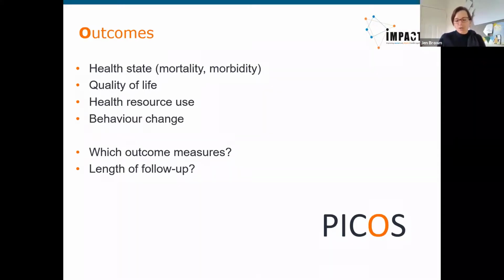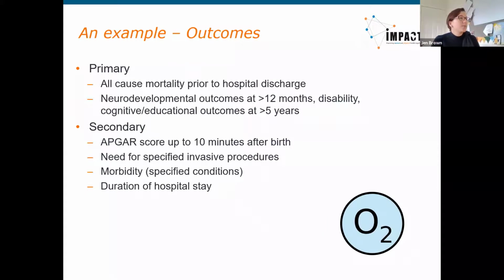And co-production and speaking to stakeholders at this point is really key, because you want to ensure that the outcomes that you include are relevant to the service users. In our example, we had primary and secondary outcomes, which is very much a Cochrane thing, which we can maybe pick up again at a later point, or if you've got a burning question about it, I'll answer it offline, and we put it on the Google Drive. So